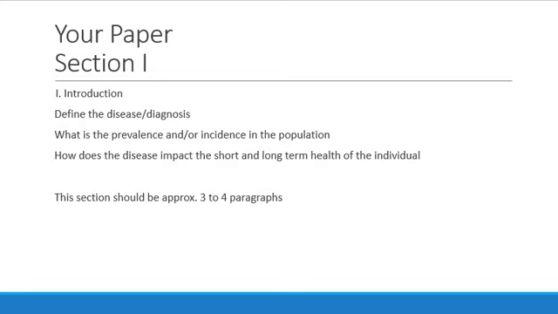In addition, also relate to other things that might occur, like if I'm a physical therapist and I'm talking about somebody with chronic low back pain, I might discuss that they might see other practitioners for their musculoskeletal health, including orthopedic surgeons, physical medicine and rehabilitation doctors. There may be other interventions that are used, medication use, injections, surgery, things along those lines. So this section should be about 3 to 4 paragraphs, so you might be close to a page.